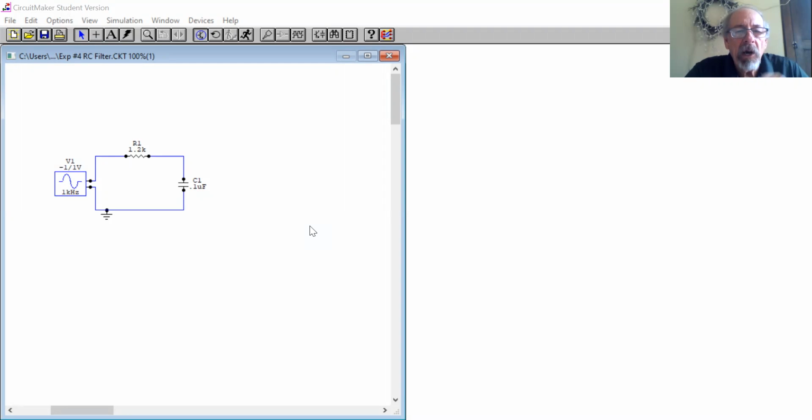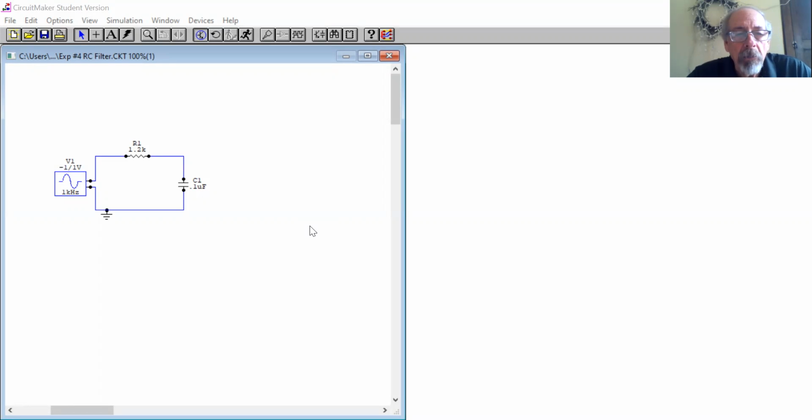wave generator. However, I've set this up as a Bode plot, and it turns out that signal generator is just there as a placeholder. What actually happens is the circuit has a voltage applied to it that sweeps from a low frequency up to a high frequency, whatever I set up in the simulation analysis